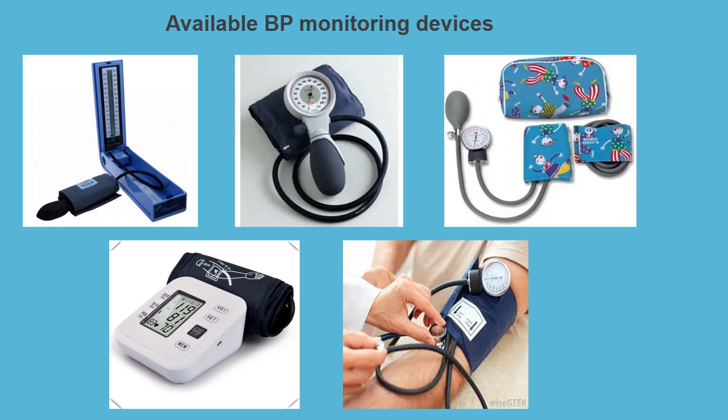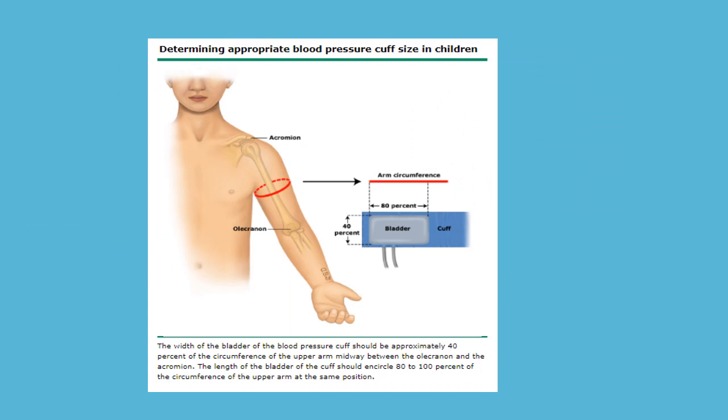Now on the lower panel of this page we have an automated device, and we don't need any expertise for its manipulation, because these are automated devices. You just apply the cuff on the arm of the patient, and even the patient can apply this device on his own arm, take his blood pressure and monitor it. Okay, how can we determine the appropriate blood pressure cuff size in children? Let me tell you, there are basically two landmarks on the arm: the acromion process and the olecranon process.